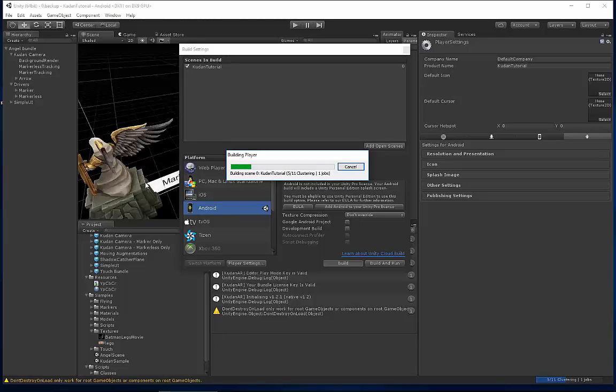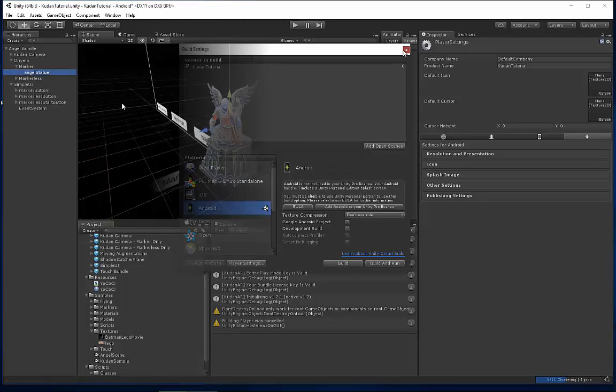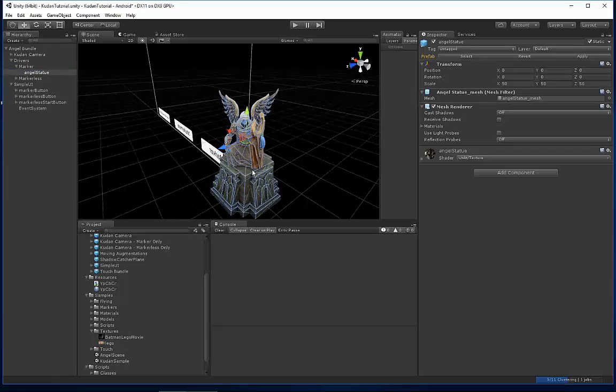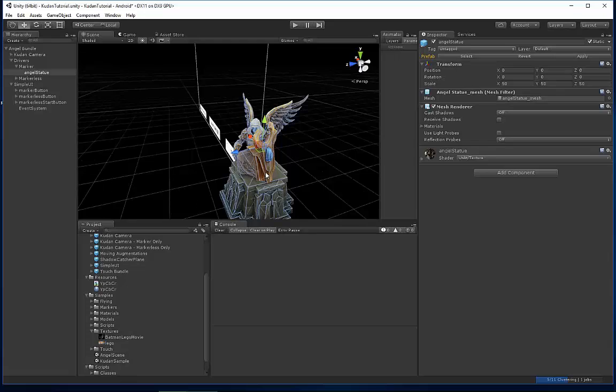I mean by this angel statue model. And actually I think it hanged here. So I just cancel it. So what I wanted to tell you is that this error is related to this model,